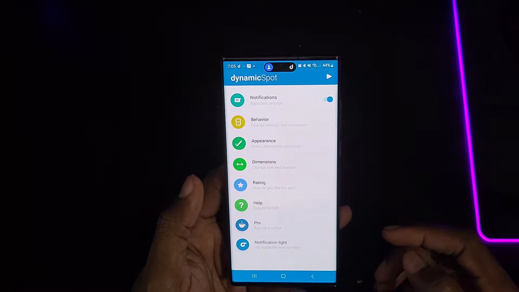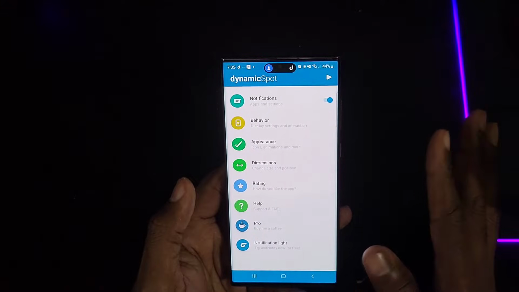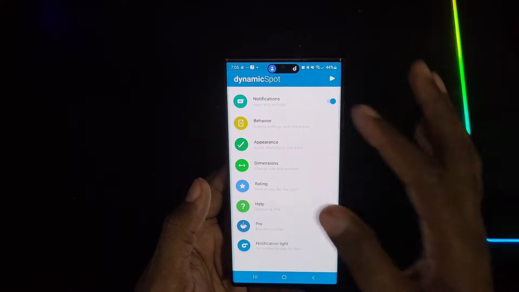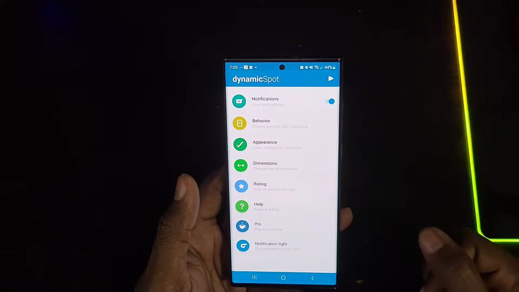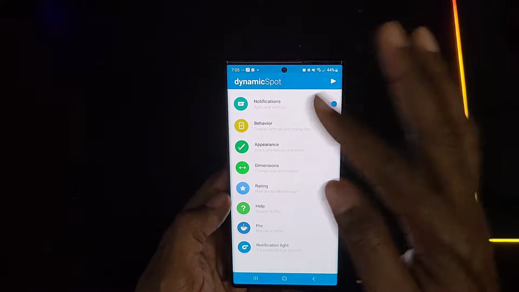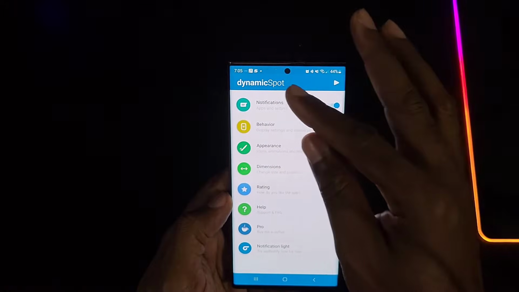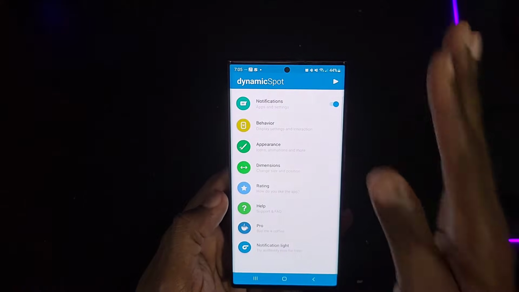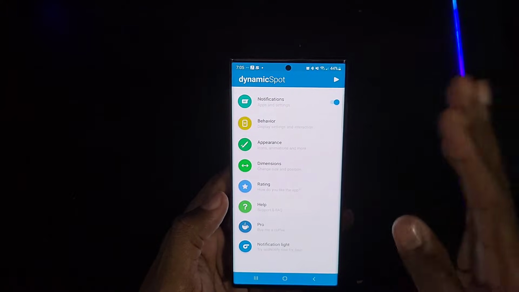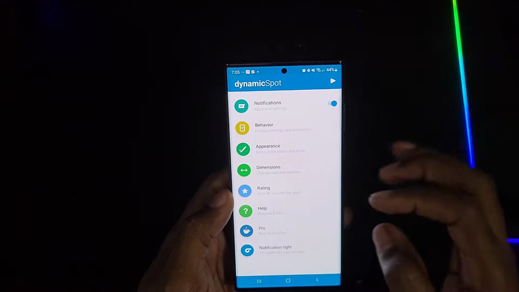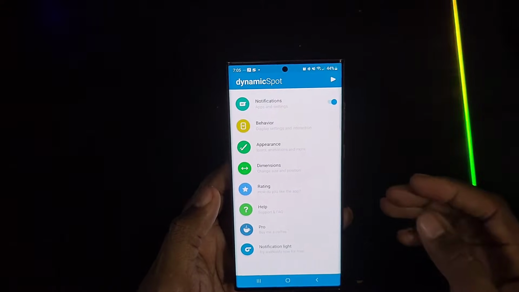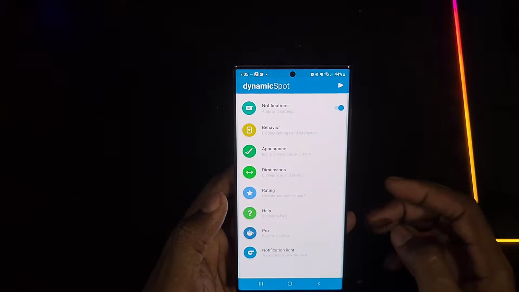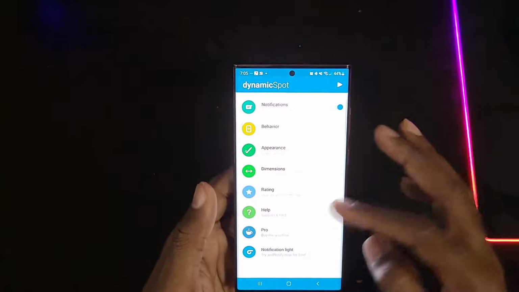Let's see how long it takes to go away, or does it just stay there? It might just stay there. If I tap it, it goes away. Okay, so I think it actually stays there. So this might work on any device. I don't think you'd necessarily have to have a punch hole. Maybe it's just gonna pop up in the center of the screen. I'm actually gonna try it on some other devices as well and see how well it works. I thought maybe it had to do something with the actual punch hole camera, but now I'm not thinking that's